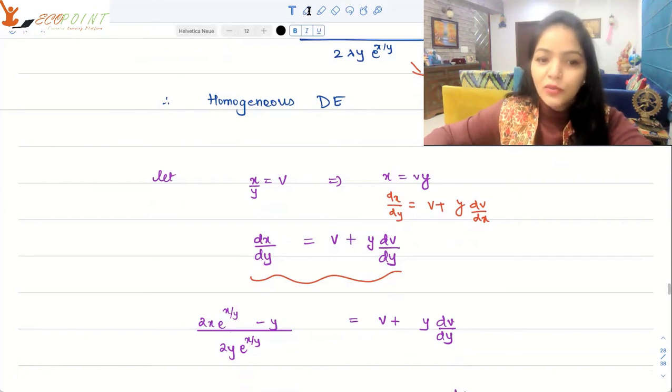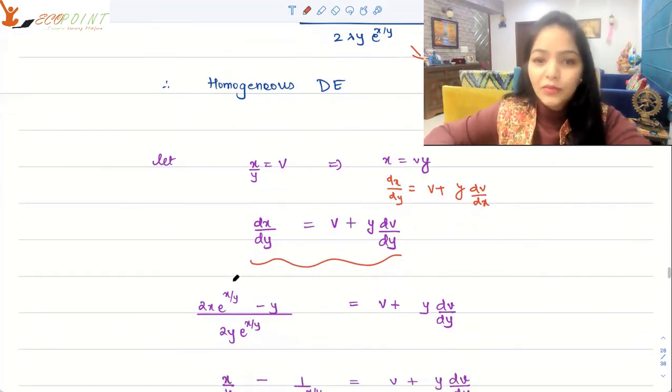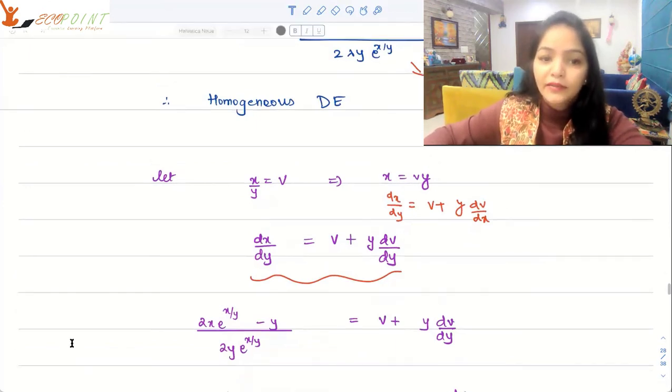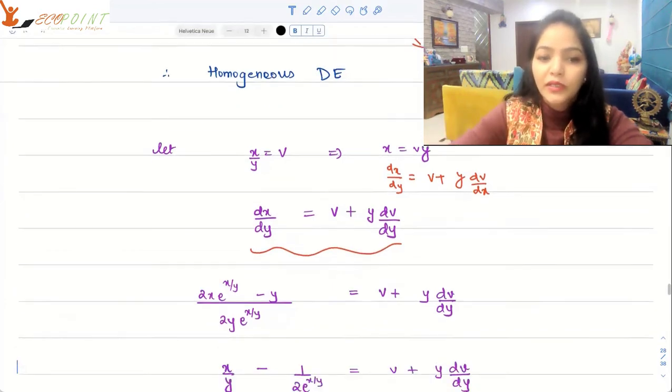So 2x e to the power x by y minus y upon 2y e to the power x by y equals to v plus y dv by dy. And now, of course, it will be converted to v and y. So in terms of v and y, your equation will be